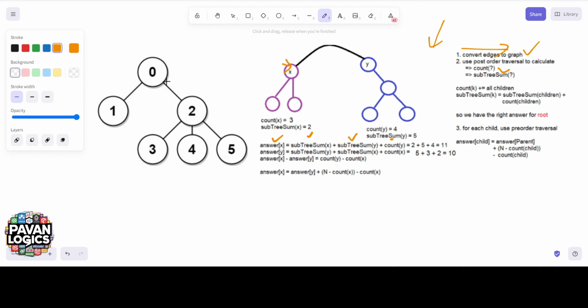So first we will count the edge counts, like 1 to 0 is 1, 0 to 2 is 1, 2 to 5 is 1. So let this be 1, because the distance from one node to the next node is 1. Next we will count the